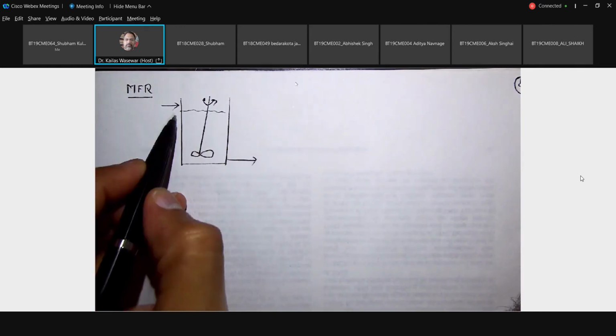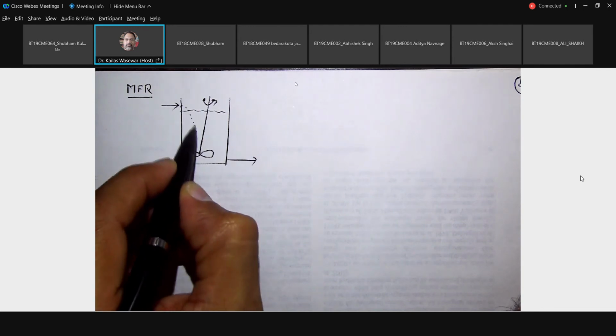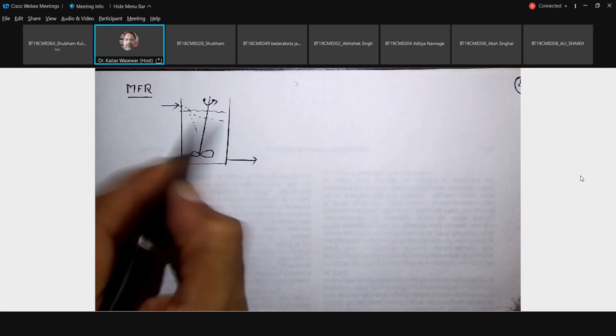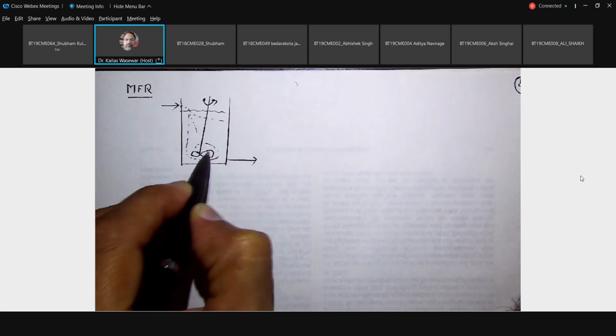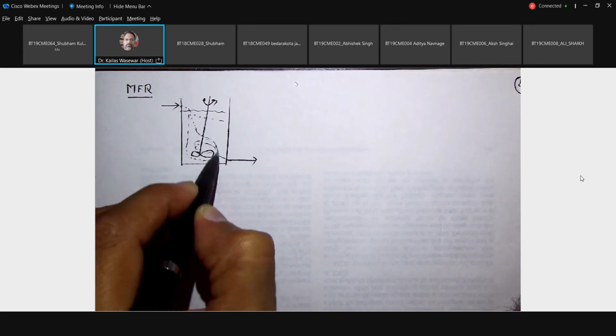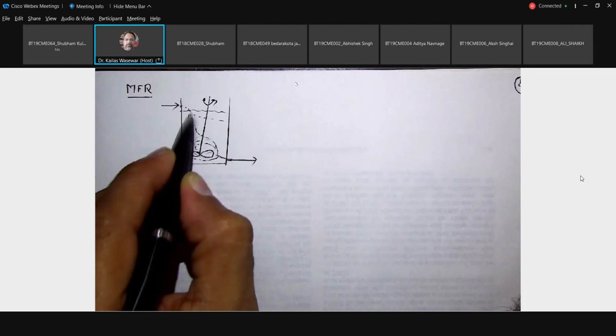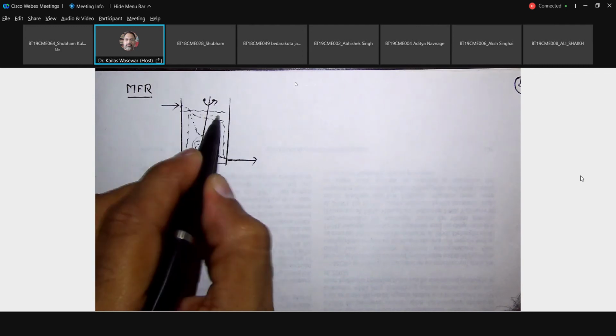So here you can see that when the reactant is coming from this particular inlet, what will happen? It will come this way, it will go like this also, it will go like this. So some reactant will go like this and then mixing will be there, so proper reaction. Some reactant will go like this and come through this way for mixing. Some portion of the reactant will come through this one.